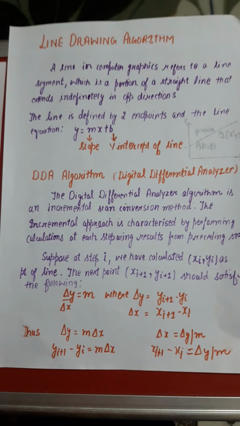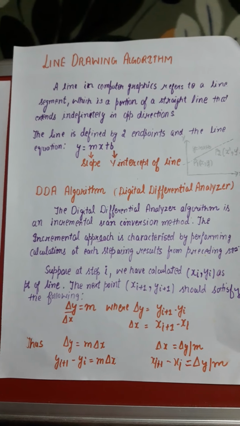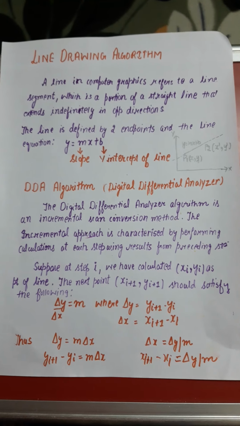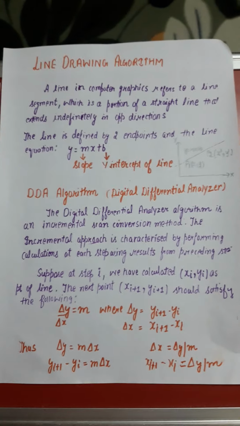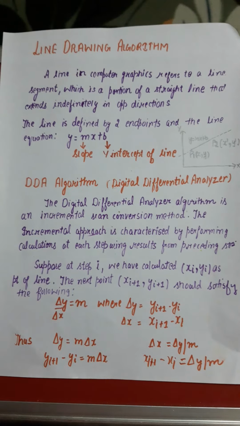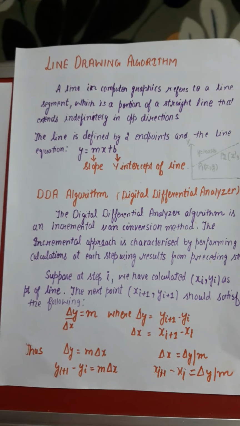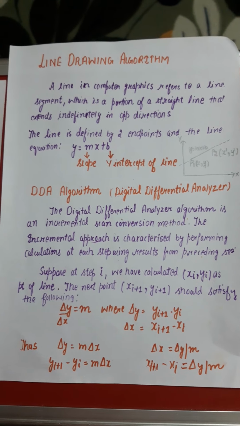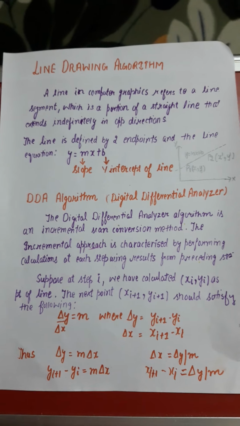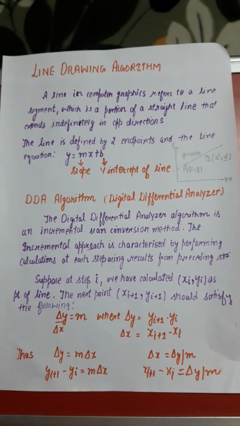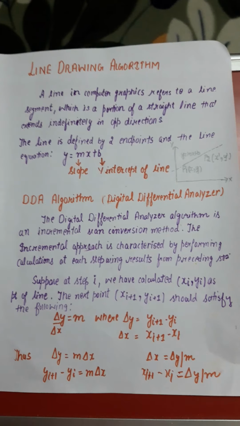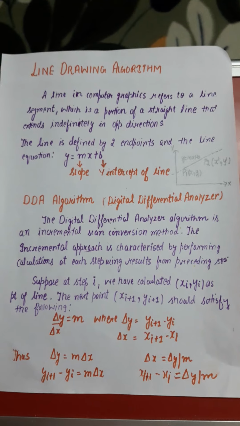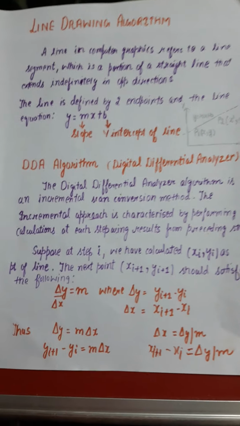So now we will see what the DDA algorithm is. It is the simplest algorithm for a line. DDA stands for Digital Differential Analyzer, and this algorithm has the major property that it is an incremental scan conversion method. By incremental scan conversion method, I mean that if I want to calculate the new value at a particular point of the line, then I need to know the previous value of the line, right? So suppose I want to calculate the second value, then I should know the first value. So let's see how it works.